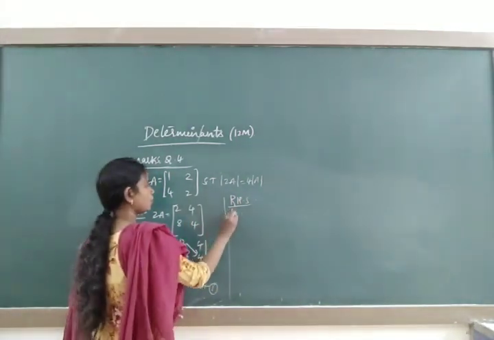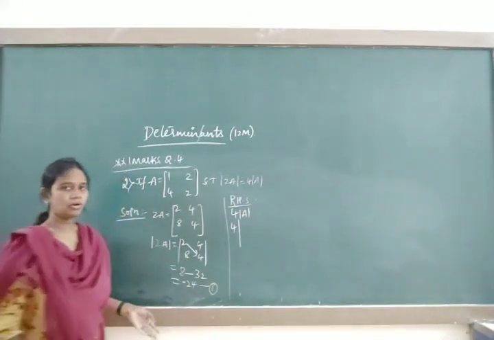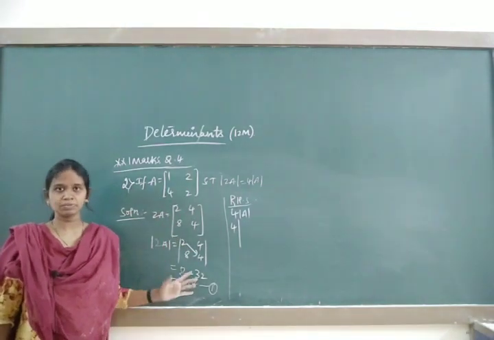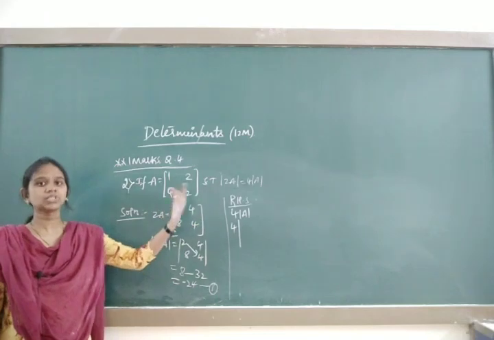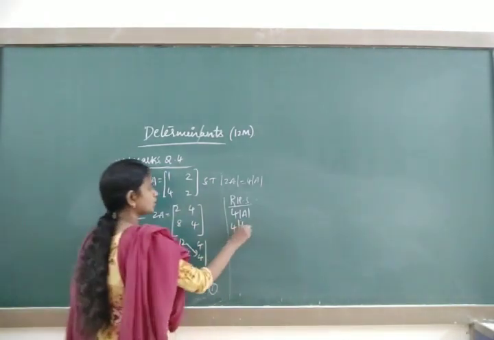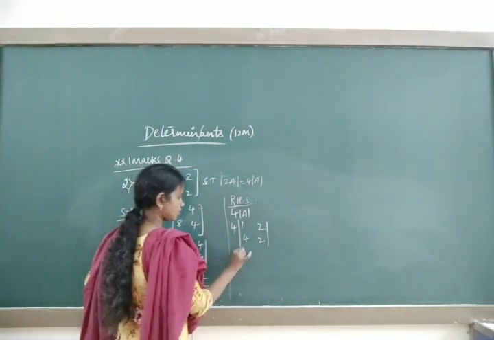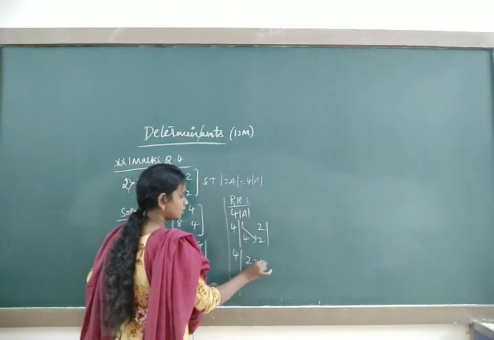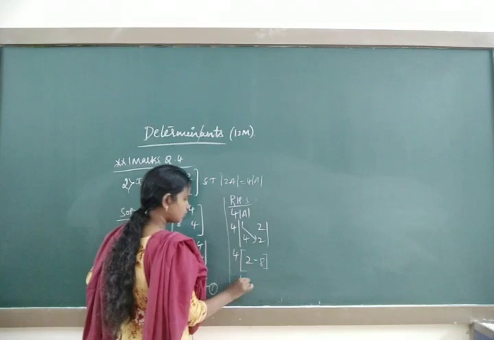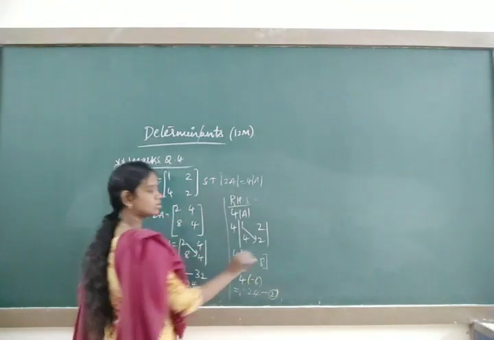What is RHS? 4 into determinant A. Write 4 as it is. Now determinant A, this is inside the matrix. A matrix will not have any expansion; from this itself we associate a number, by keeping it in bars. So open the brackets, 1 2 4 2. 1 2s are 2, minus 4 2s are 8, it's a minus 6. It's a minus 24. Call it equation 2.